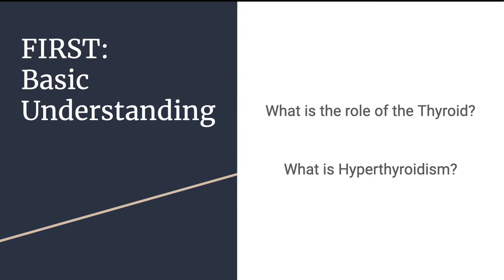And hyperthyroidism is going to be what happens when all of that metabolic control is dysregulated and everything's turned up a little bit. So the big hormones to understand with the thyroid are thyroid stimulating hormone, which more or less tells the thyroid to get producing. And what it's producing is T3 and T4, notably, which impact the rest of the body's